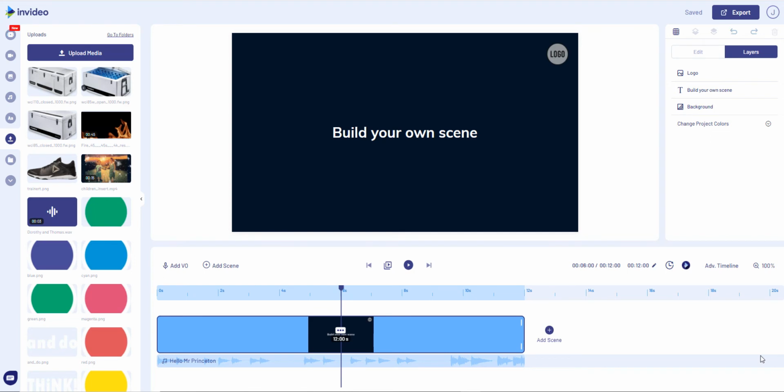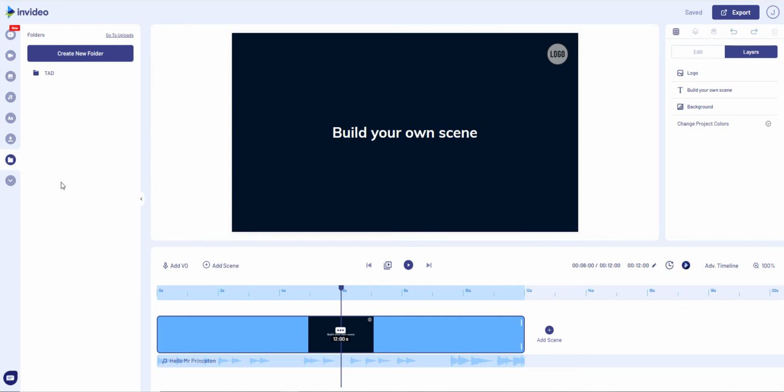Okay, there's a new feature that I really like, and that's folders. I can now put things inside a folder, and that will allow me to take my uploads and make them more useful, in that I can look at just a relevant project or a customer or any group of items I want. So I could have a thing called vegetables if I want. So this new button here says folders, and I've already got a folder called TAD, that's Think and Do, that's my company,